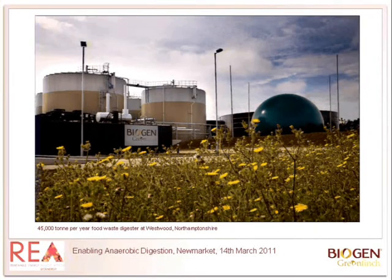We're a UK technology provider as well as a UK operator of this technology, and I think that we operate in Europe. There are only, I think, 4 plants which process food waste only. There's lots of plants which co-digest food waste with animal manure, for example, or with energy crops, but there are only, I think, 4 across the whole of Europe which